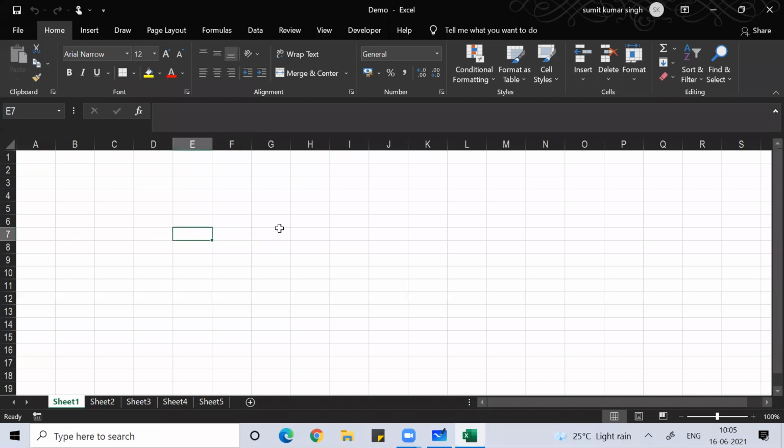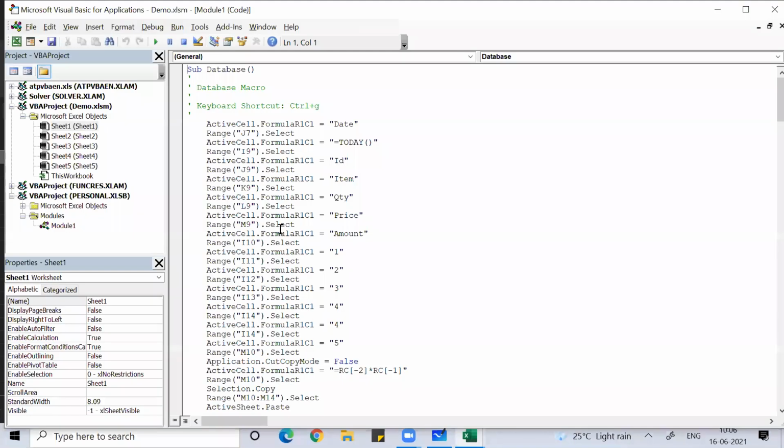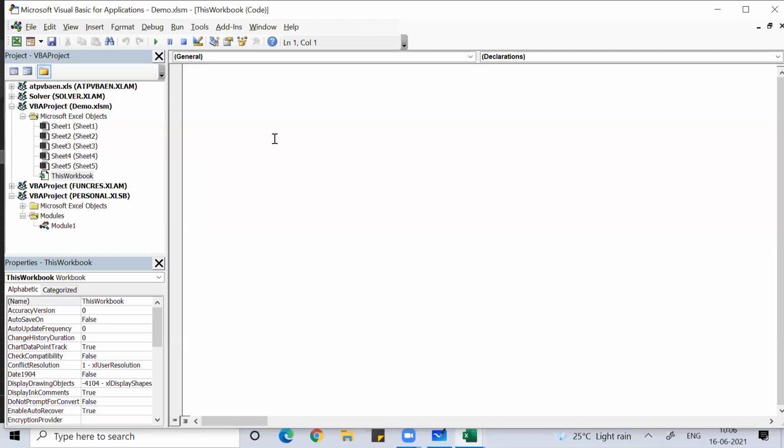Once you are done with workbook protection, you can also put additional protection. For that, you need to press Alt F11. Then you go to your workbook.